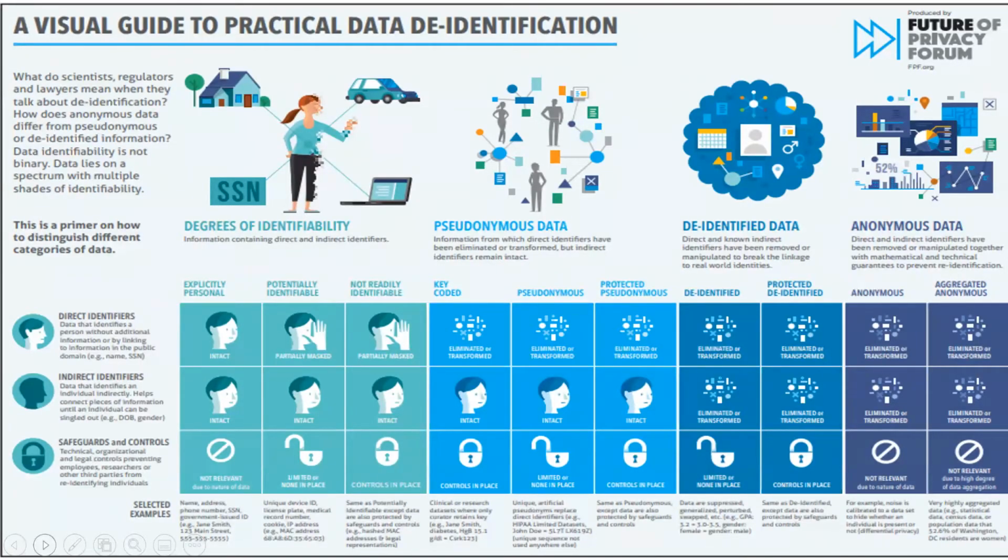This is a visual graphic that I think demonstrates well what we call, essentially, a spectrum of identifiability. So when we're talking about personal information as being identifiable versus de-identified, it's not always clear what is identifiable that will be subject to the law and what is de-identified, which would not be subject to